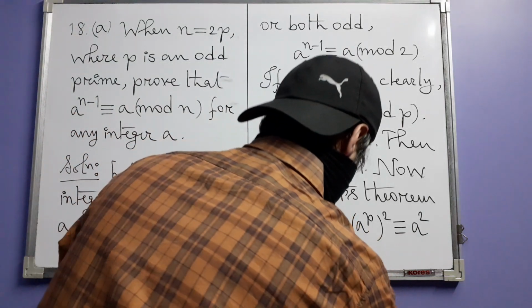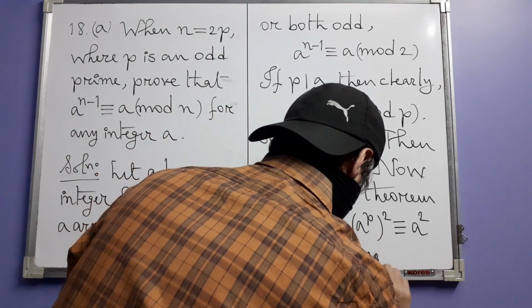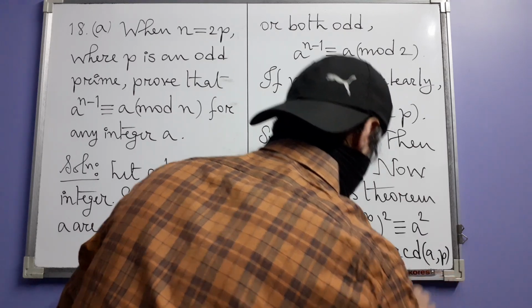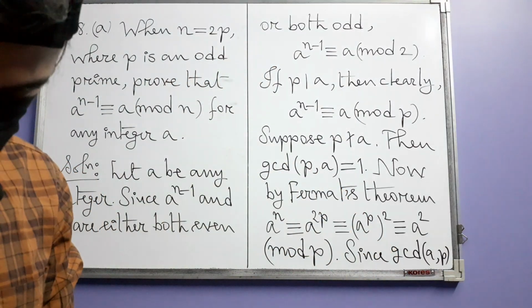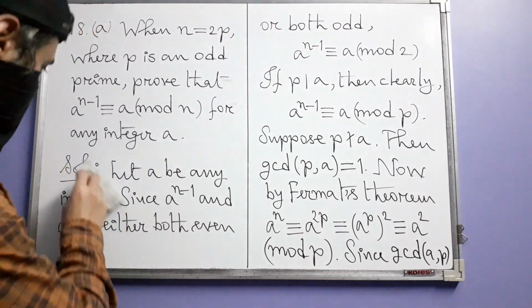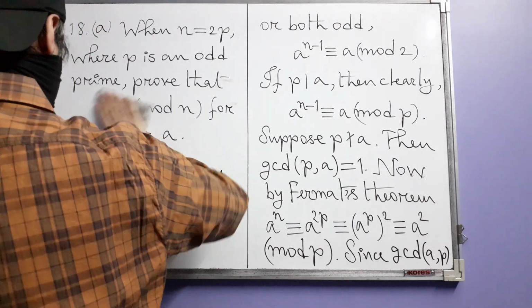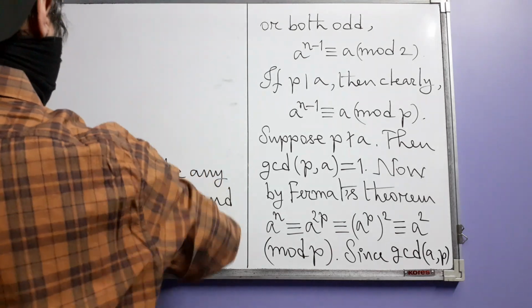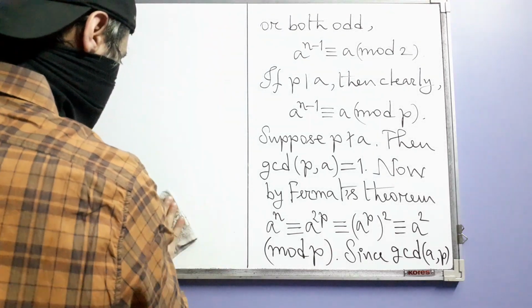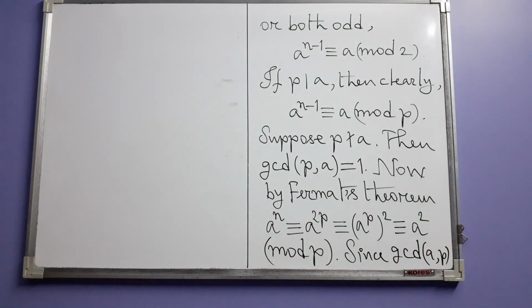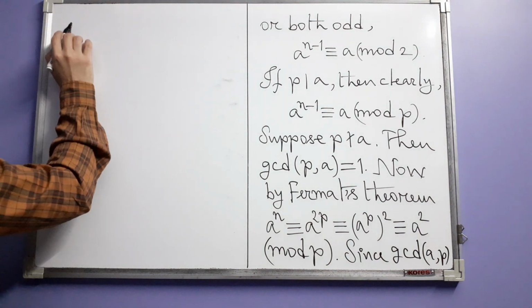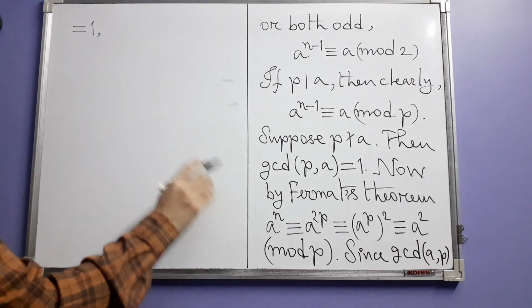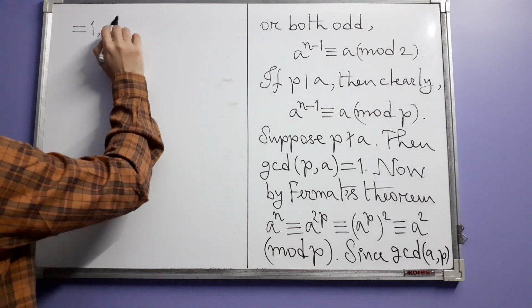So you write, since a and p are relatively prime, so after cancellation we have